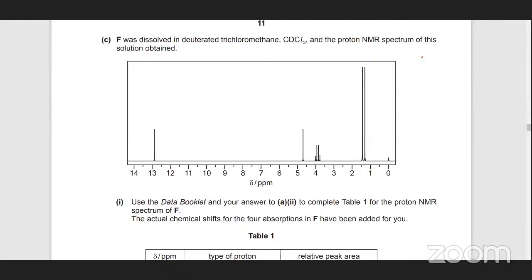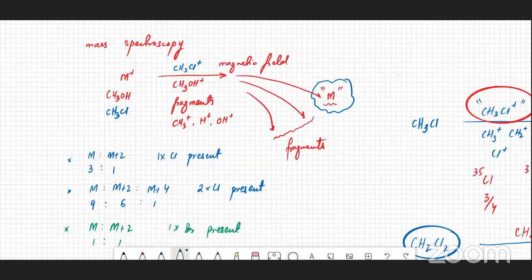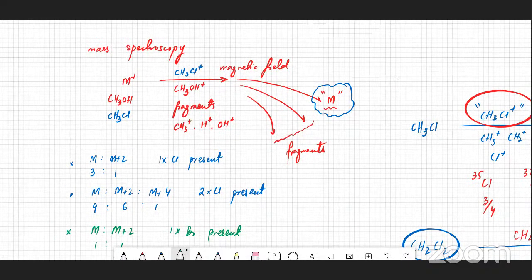This one is deuterated CDCl3. First, let me give you a bit of an idea: deuterium doesn't resonate. And just a very quick brief overview of what NMR spectrum is. In NMR, if you have an odd number of nucleons in the nucleus, like hydrogen, which has only one proton,